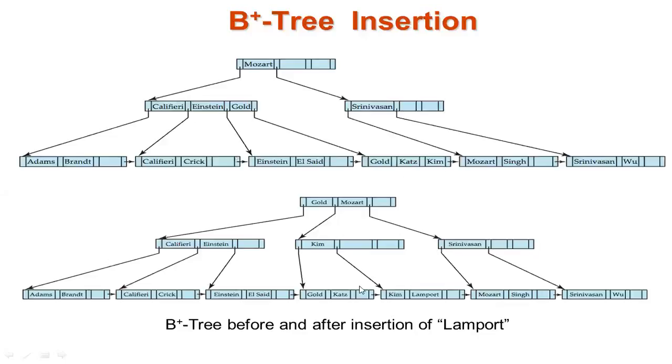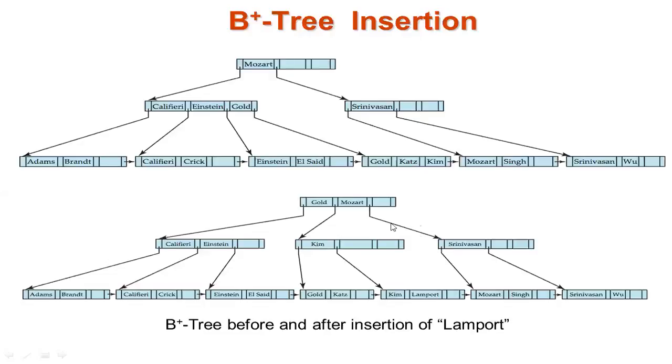Suppose you try to insert, from where will you start? Based on the number of nodes, the particular node is self-adjusting, and you can see here that this particular Gold from the intermediate level is pushed up to the root node. Then Mozart is adjusted within the root node, and the pointer which was already made in the previous case is already available for Kim. Here also this is self-adjusting.